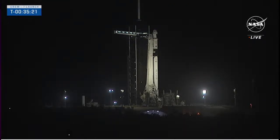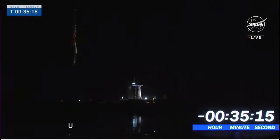And that's one of the things that we protect for here as well when we look at the weather forecast. It's not just for the actual launch itself, but to protect for any of those contingency landing scenarios in the various areas where they would splash